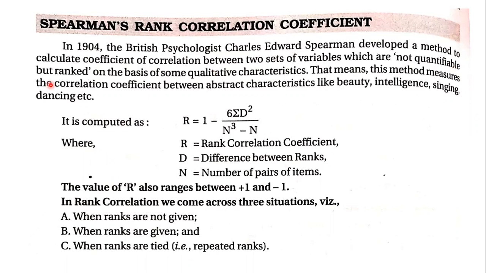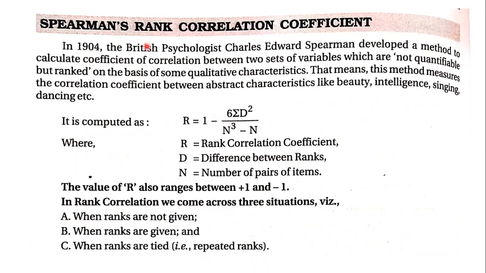Now, if you see Karl Pearson's, everywhere it is quantifiable. You will be able to calculate or count the number of data. Just the previous problem we saw, the correlation between the age and the number of failures, right? And correlation between the height and the weight, age and let's say their ranking, or marks in subject. So all these are counted in numbers. So that is why we were able to apply Karl Pearson's correlation.